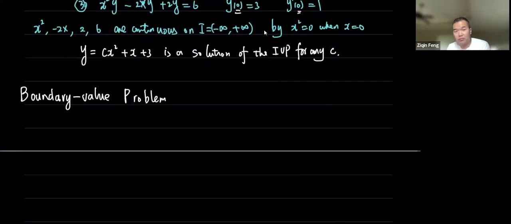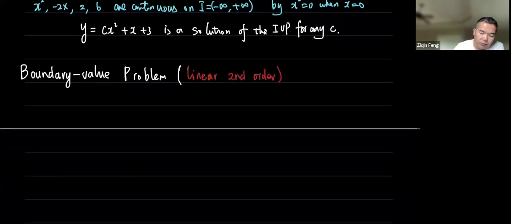So sometimes in real life, if you want to model some phenomena, you naturally get a boundary value problem instead of an initial value problem, right? So we will have an example of the general formula for a linear second order